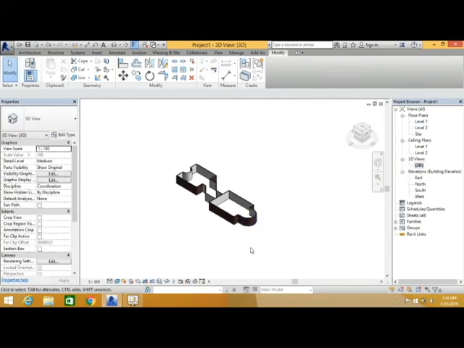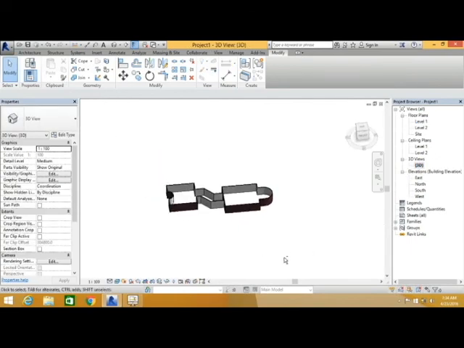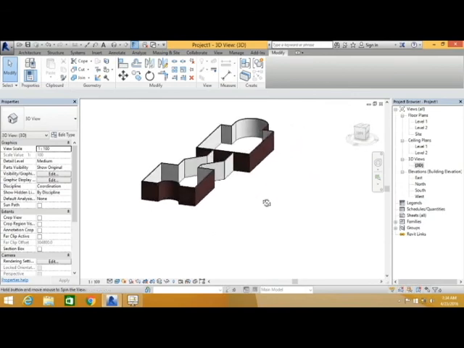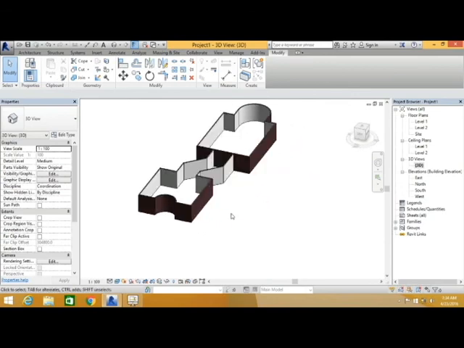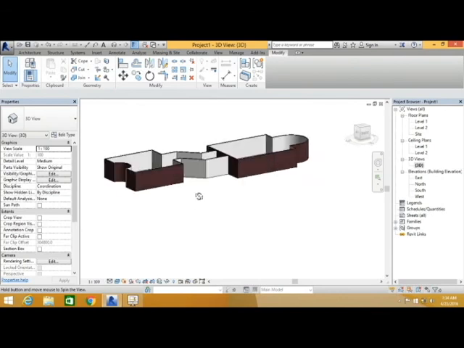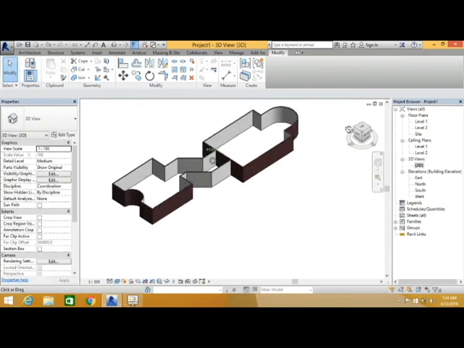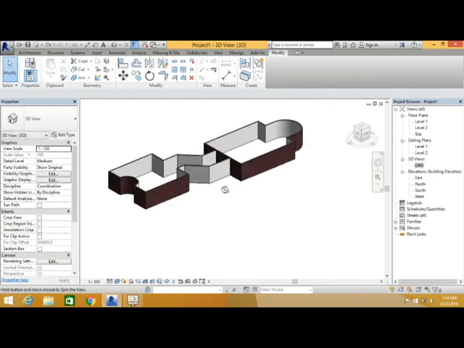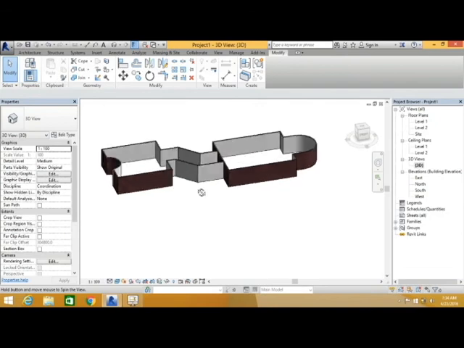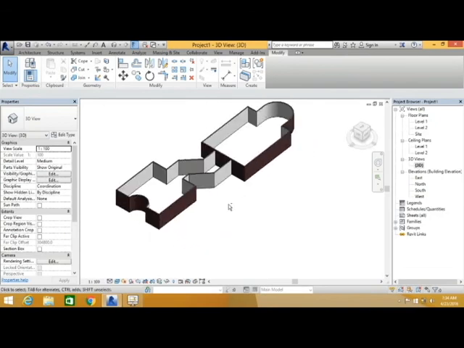Now we go to the 3D views and see what it looks like. So you can see the 3D. To rotate the project, you can press the shift and click the center button of the mouse and drag. This is the rotation, or you can simply rotate it from here as well. So it's better to press the shift and click the center mouse button and drag it.